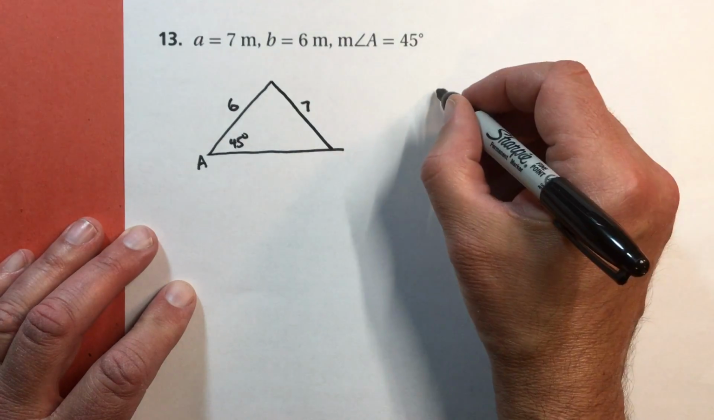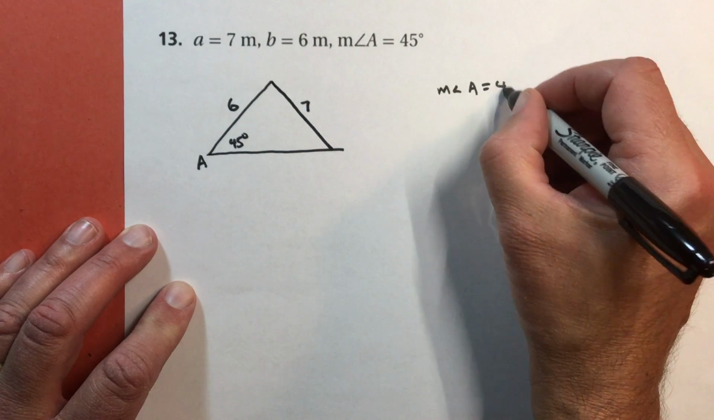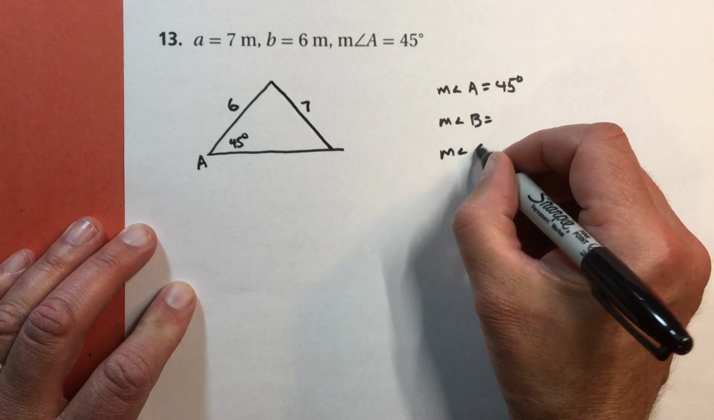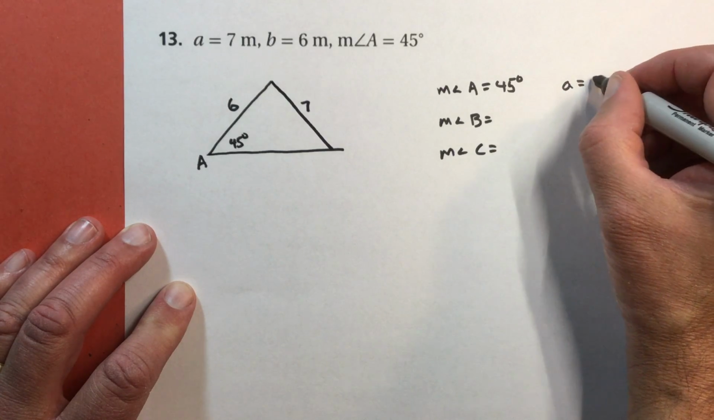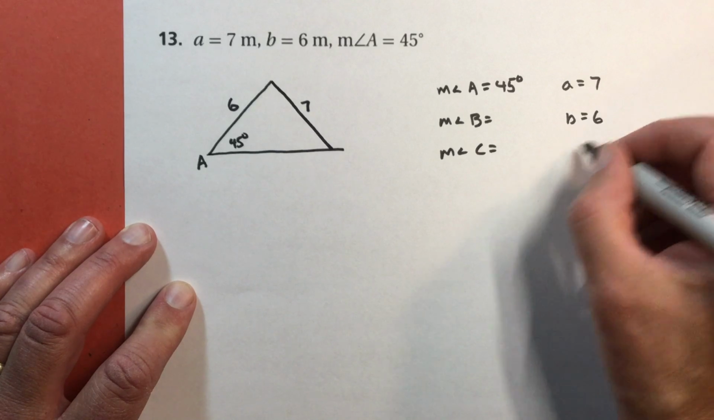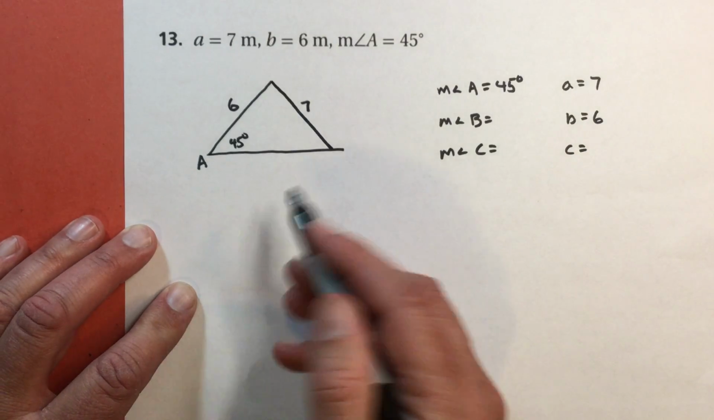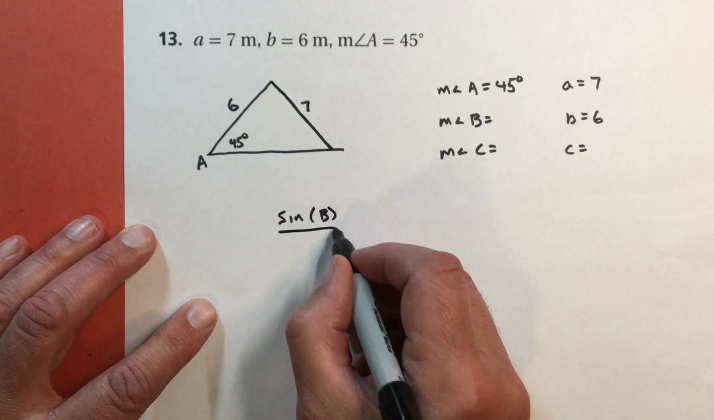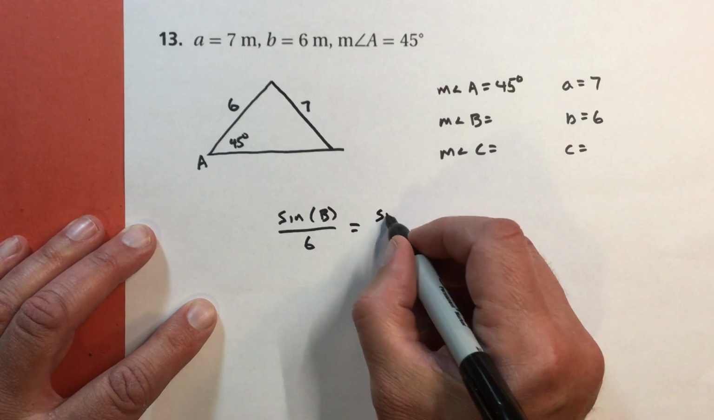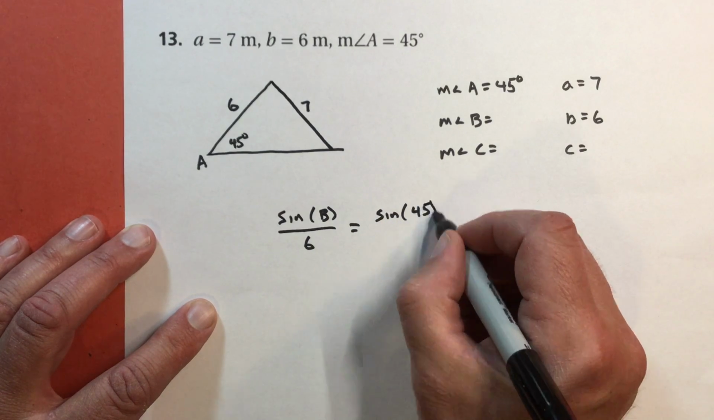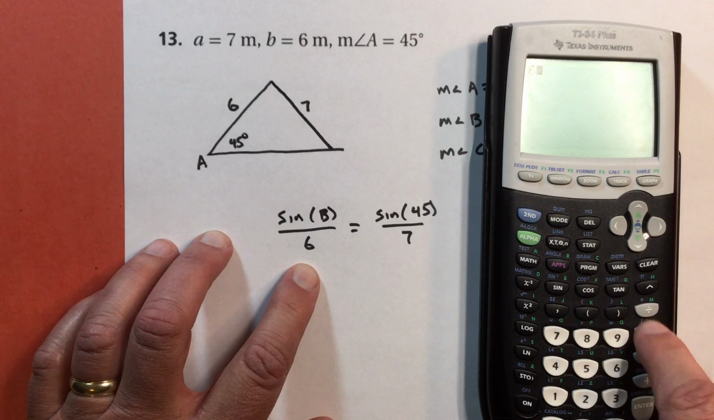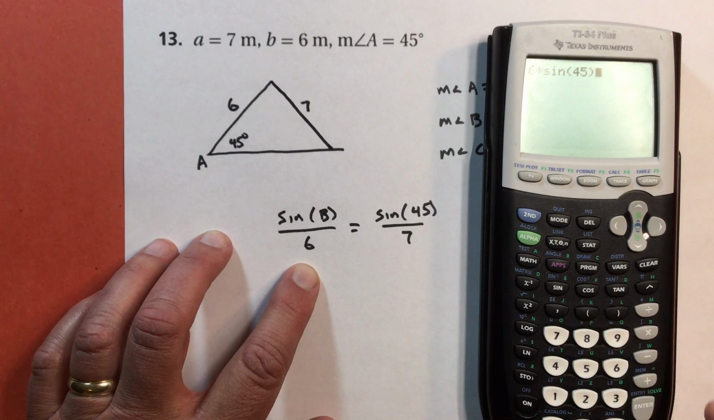All right. So the measure of angle A is 45 degrees. The measure of angle B we're going to figure out. Same thing with the measure of angle C. Side A is 7 and side B is 6. So first let's find angle B. Sine of angle B over 6 equals sine of angle A, 45 degrees, over 7. 6 times sine 45 divided by 7 equals